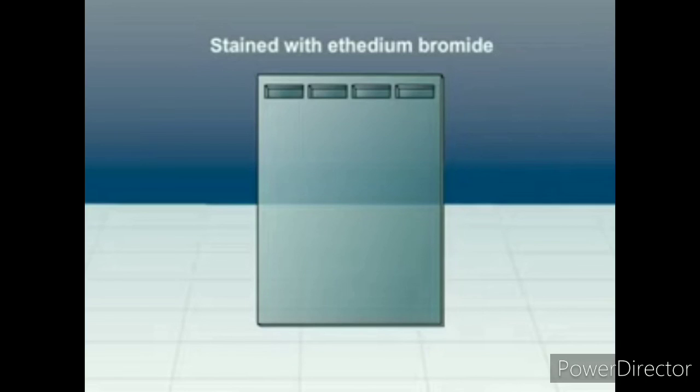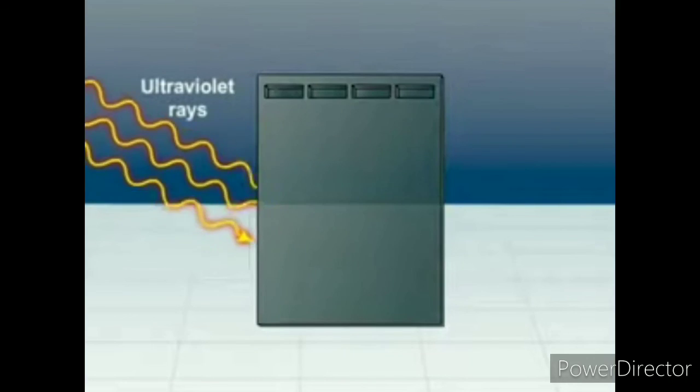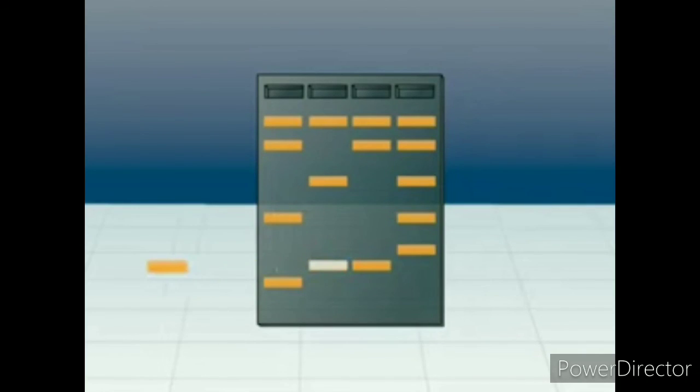The agarose gel matrix is then stained with ethidium bromide to stain the DNA. It binds to the DNA double helix structure, and when this ethidium bromide stained agarose gel is exposed to ultraviolet rays, it appears orange in color, showing the DNA fragment areas. The bands are then cut off from the agarose gel and DNA is finally extracted from the gel pieces.